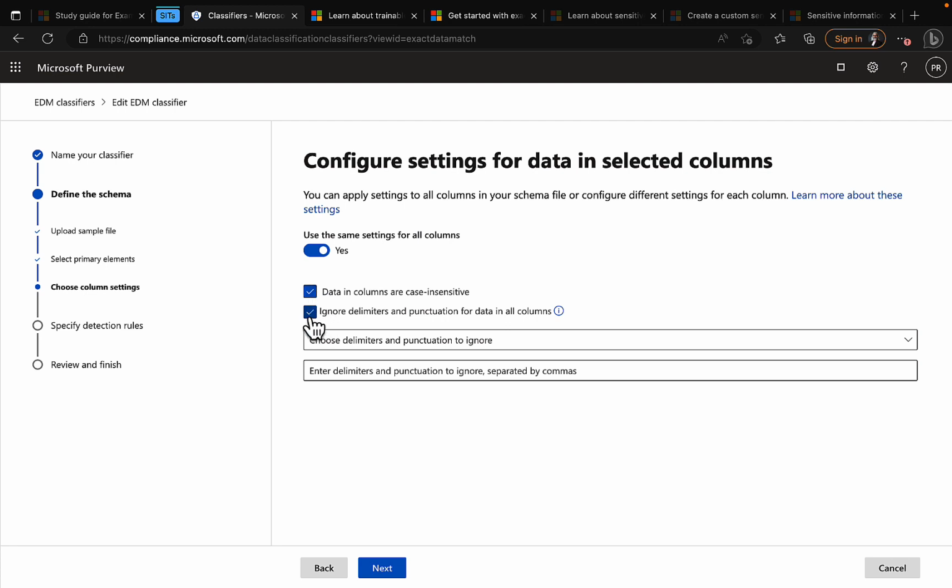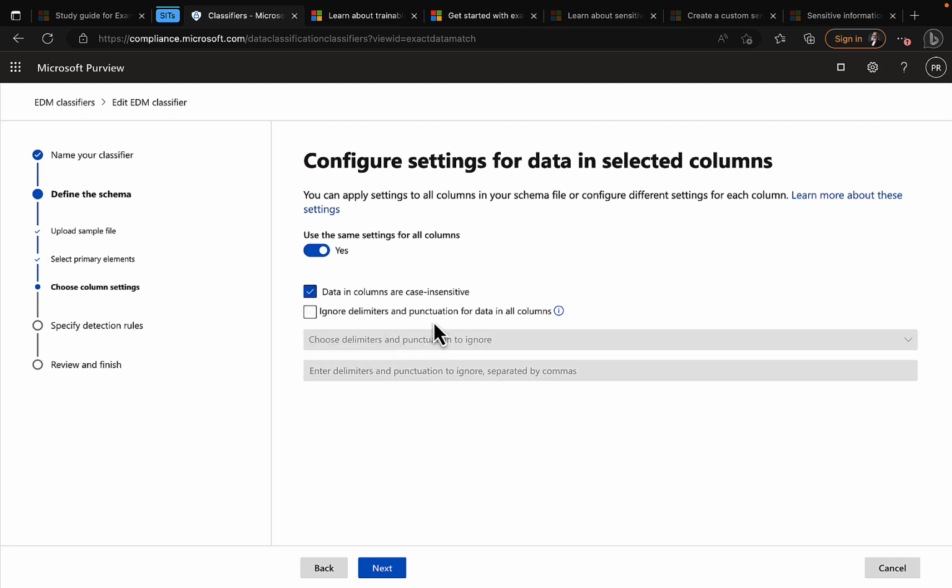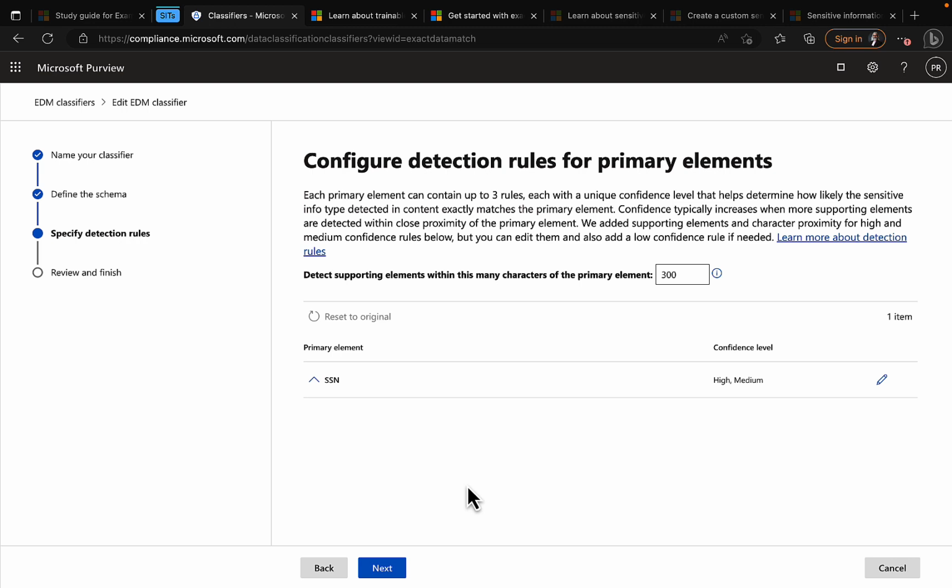But I didn't want to do that, so I think this is something that you will very much find is a very niche requirement, and will depend on the individual organization's needs in terms of what you need to configure. So, and then configure detection rules for the primary elements, so we can detect the supporting elements within number